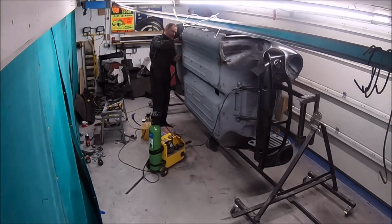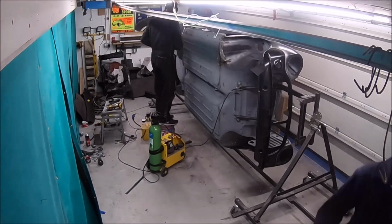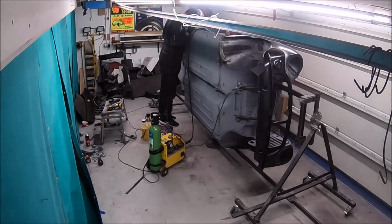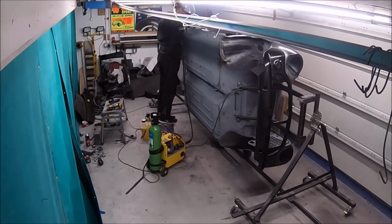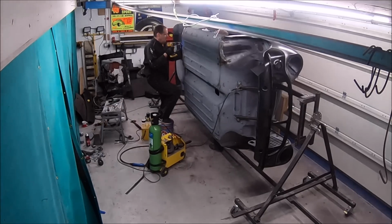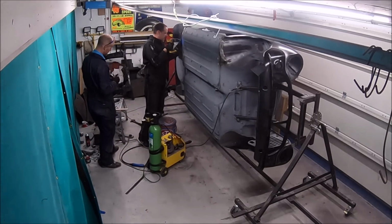So up to this point, I keep a log of it. So write it all down, what we done, when we done it, how long we spent doing it. We are up to 38 hours at the moment. This update, 38 hours, which doesn't sound a great deal, but there's two of us working on it. So, you know, you can probably almost double that. So if you was on your own, we're probably 75 hours into the build now,